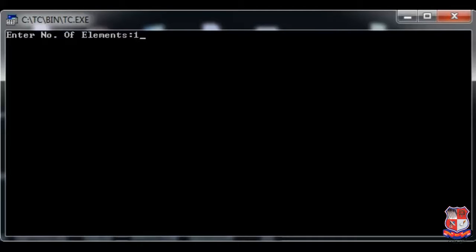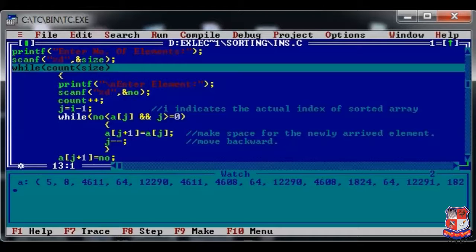Let's say I am entering 10 elements. Fine. As you can see, my array contains 15 memory spaces and it contains garbage values in it.